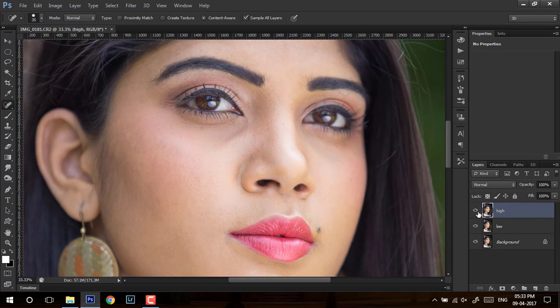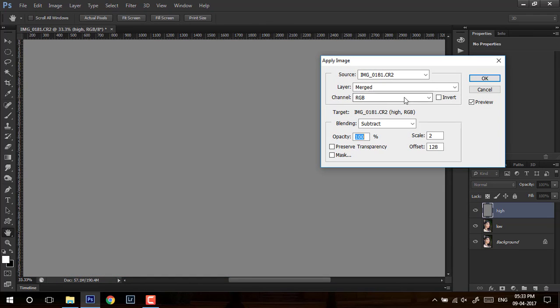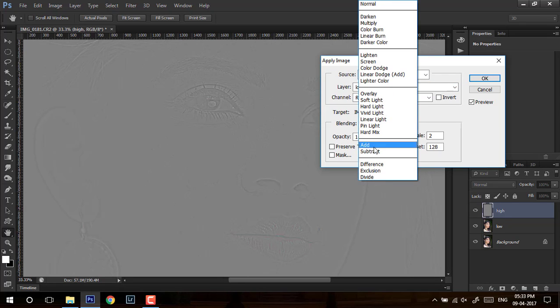Now we'll click on the high layer. Let's see, this is the low, this is the high. So we'll click on the high layer. Now the trick begins. You have to go to Image, Apply Image. You go to the layer and select low. Now this has to be either add or subtract depending on the image.